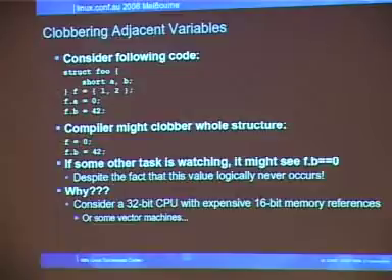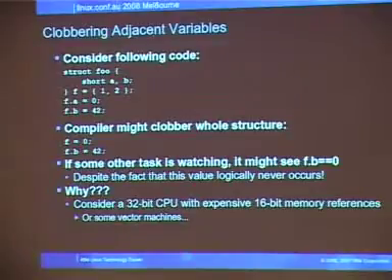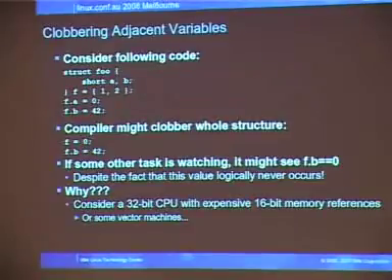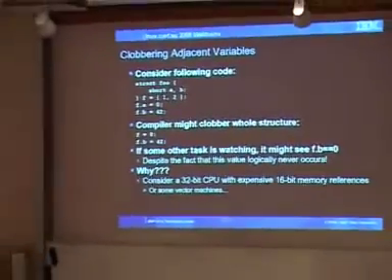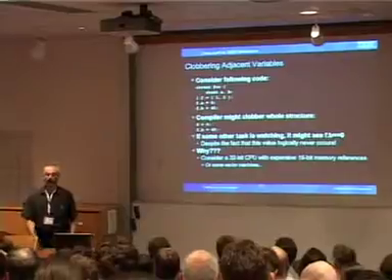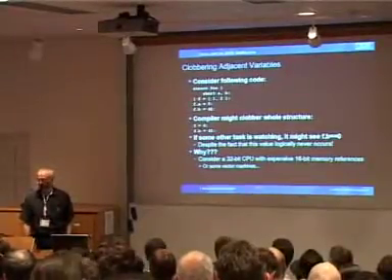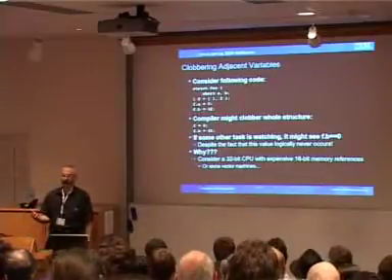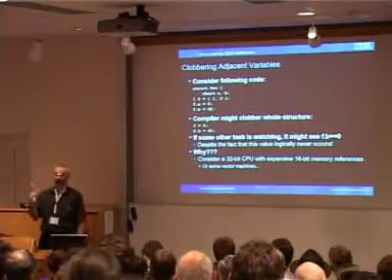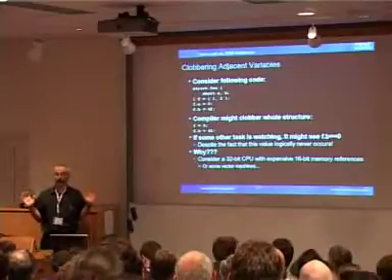Oh, I'm sorry. The point Grant was making was that if you have a pointer or an int or something that's broken across an alignment boundary, so you have a 4-byte quantity that's not aligned to 4 bytes, the machine might work a lot faster if you pick it up a piece at a time than if you pick up the whole thing. And the same thing happens with stores. So the thing is that some other task watching might see B being 0 momentarily, even though logically in the program flow, B equals 0 might never have occurred. All right?